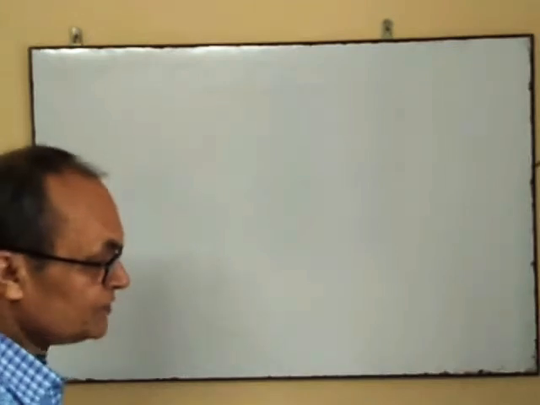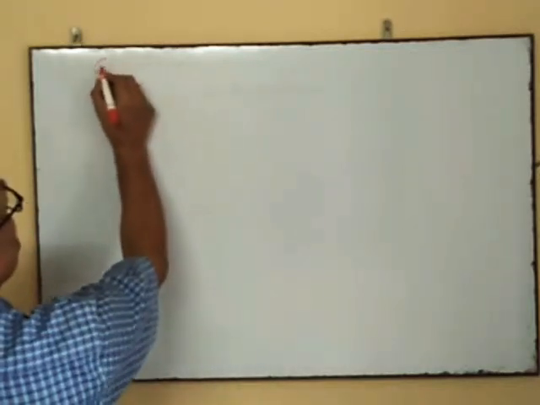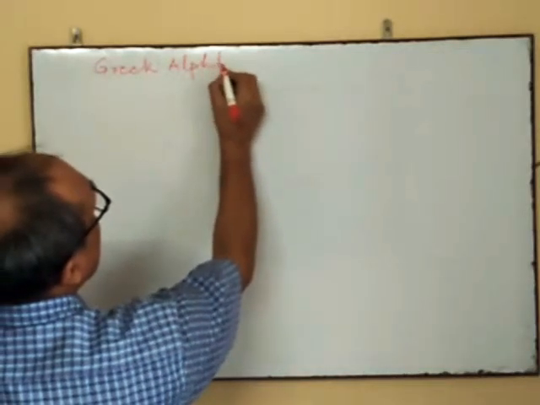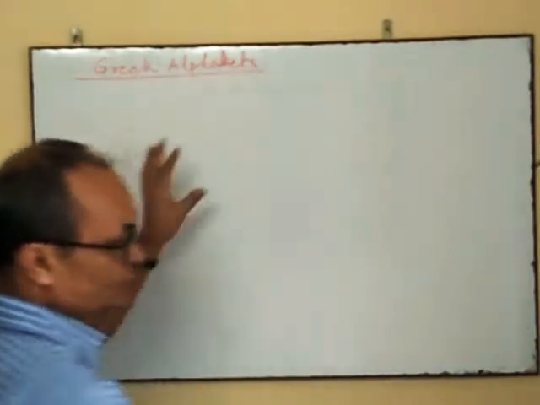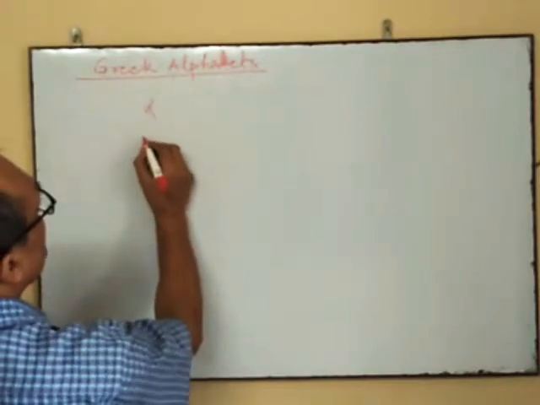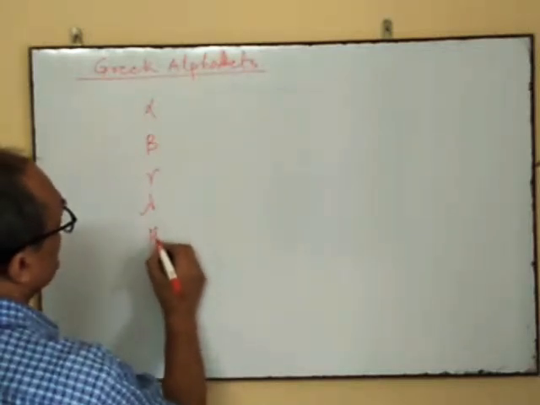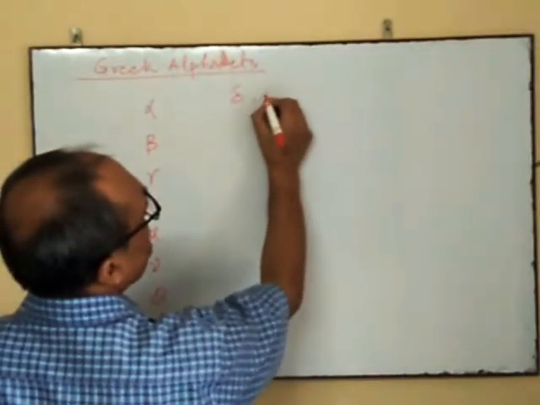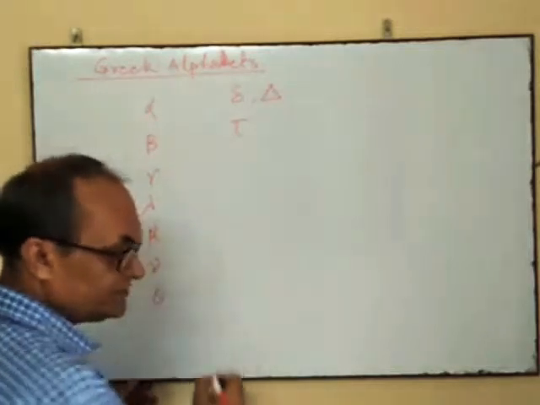First of all, I am going to talk about the Greek letters in the alphabet, the Greek alphabets. You know these Greek alphabets from the 10th class. Here: alpha, beta, gamma, lambda, mu, nu, theta, delta. Delta here is small and capital letter. Tau, here psi,